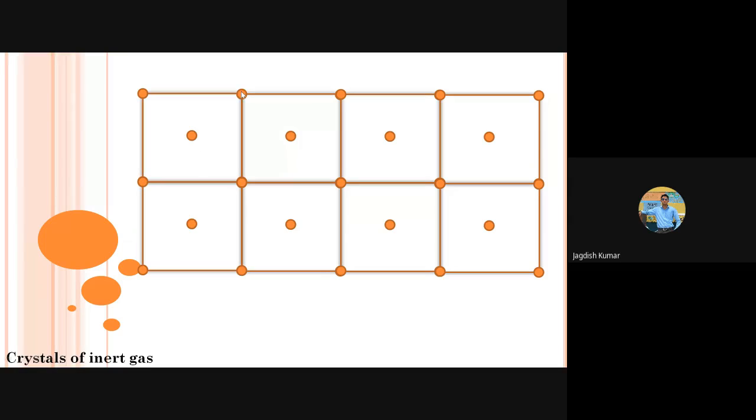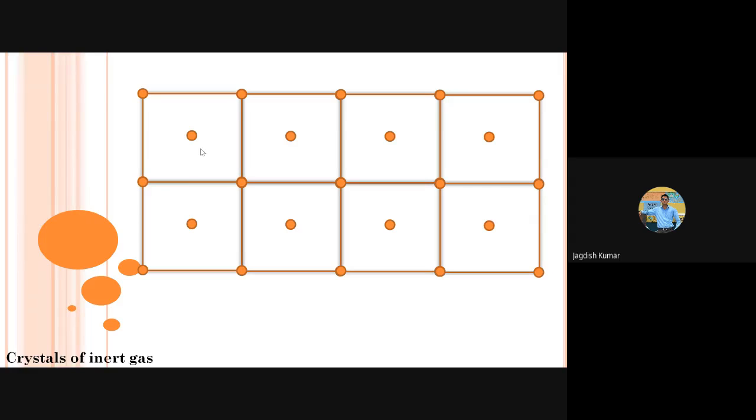And this particle is attracted to this one also. I mean, total 12 nearest neighbors, and then next nearest neighbors, and so on. So there is some additional energy lowering because of next nearest neighbor interaction and next to next nearest neighbor interaction,